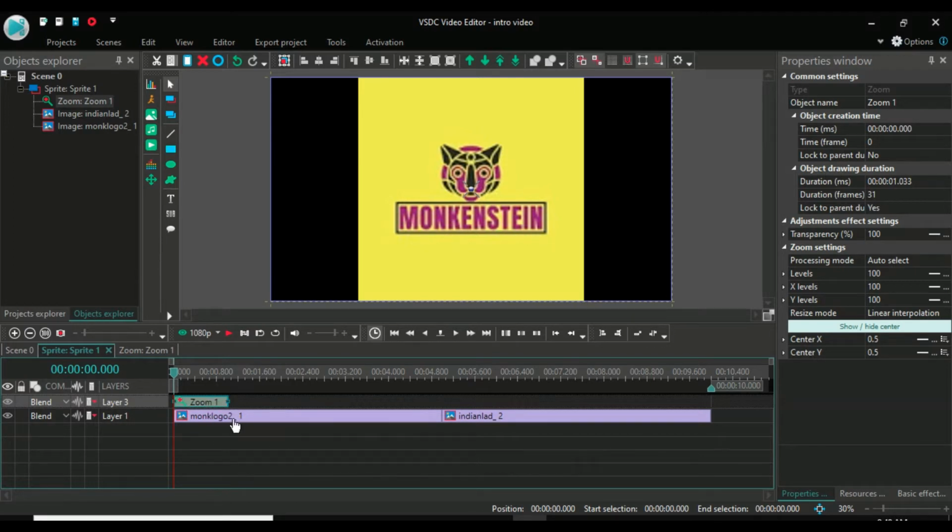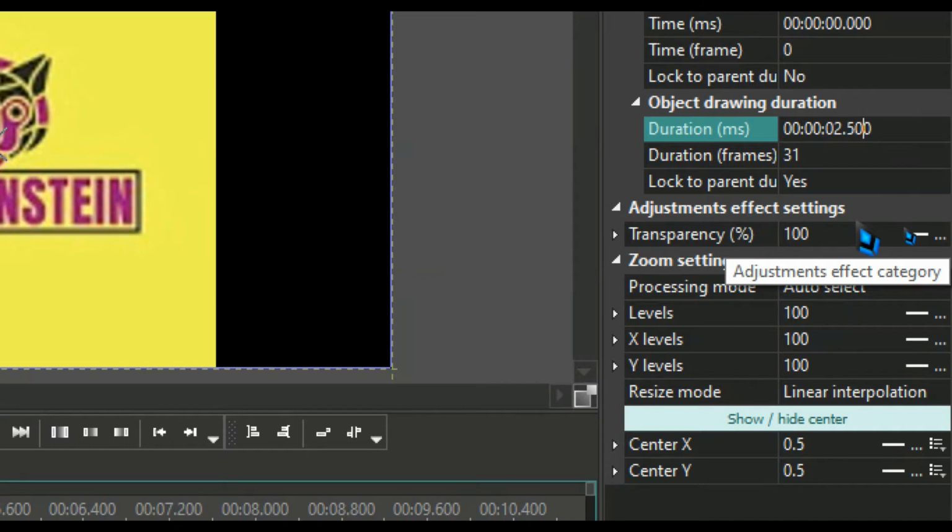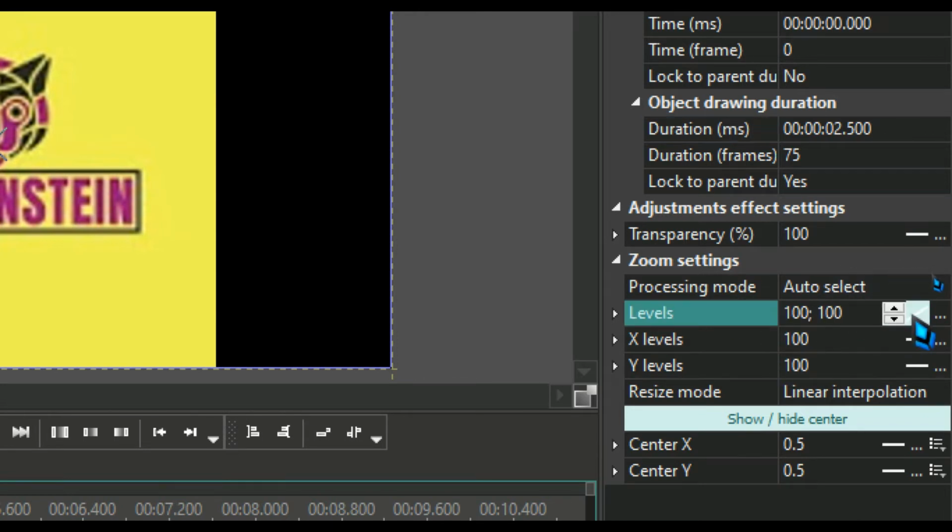Okay, now I'm gonna keep this in the beginning, and again in the properties part, see the duration, I'm gonna keep it as 2.5 seconds. Fine. And again in the levels part, there's one option, levels.